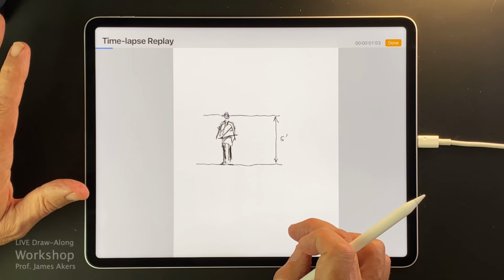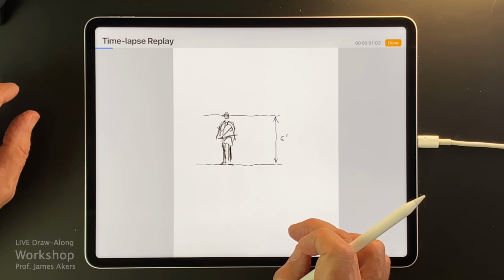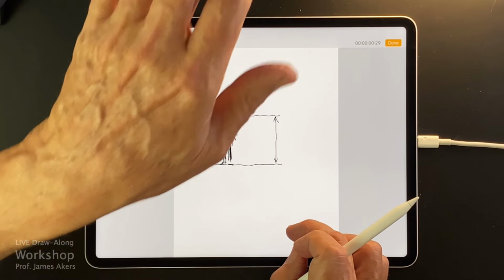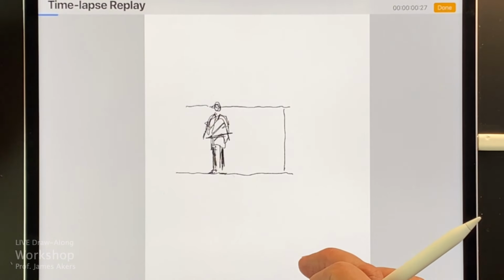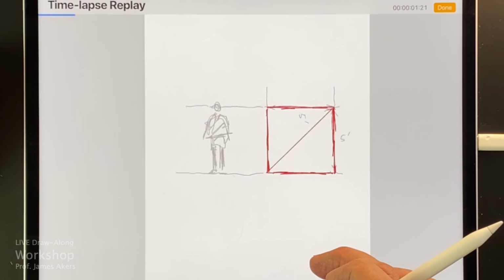Again, remember, this is perspective sketching with no grid or anything, but just how you imagine a perspective if you have to do one quickly on the back of an envelope during a client meeting or something. Let me focus in a little bit more. Okay, so first thing I do is determine what's 5 feet, and then I can use copy and paste in Procreate to grab that 5 feet and move it over, because my goal now is to make a square.